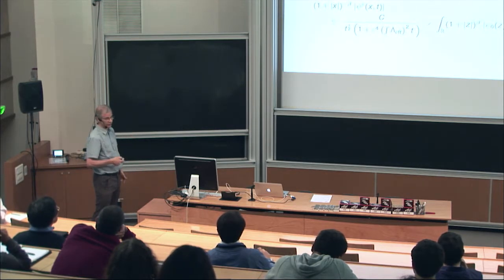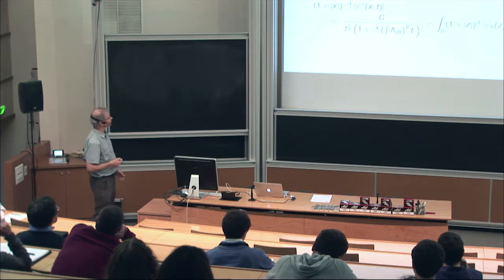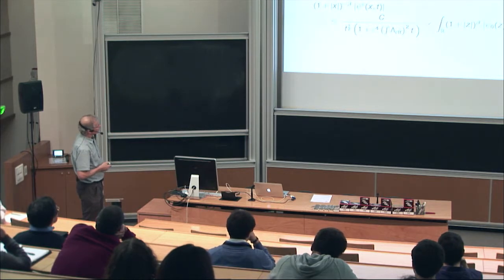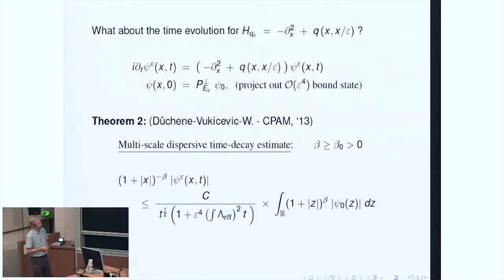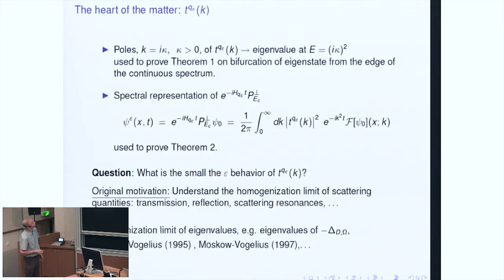One has a dispersive estimate with a multi-scale structure. If you localize, so this isn't quite L1 and L infinity, but essentially this is saying if we look on a compact set, the decay rate is free for a while, but then it picks up this enhanced dispersion on a time scale of order 1 over epsilon to the 4th, if the initial condition is sufficiently localized. We can think of this as a multi-scale dispersive estimate.